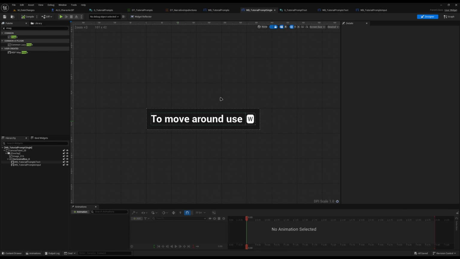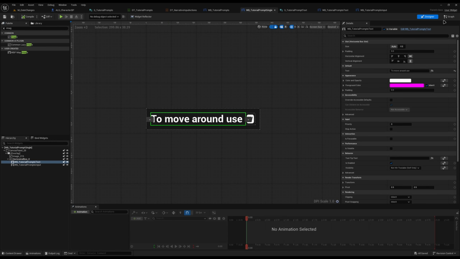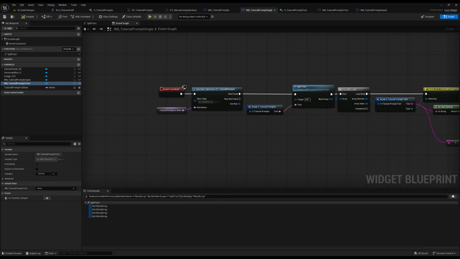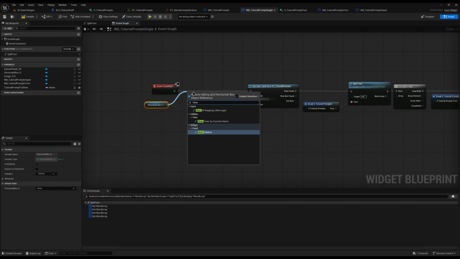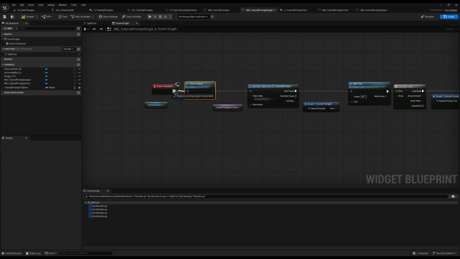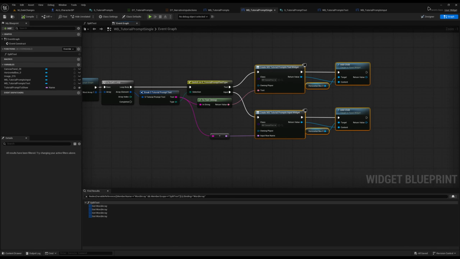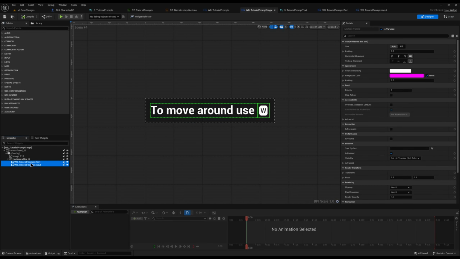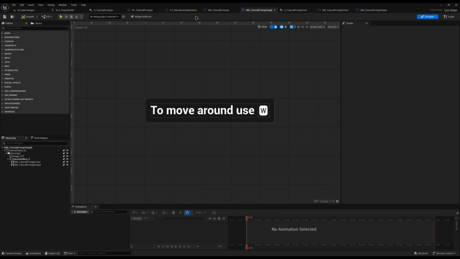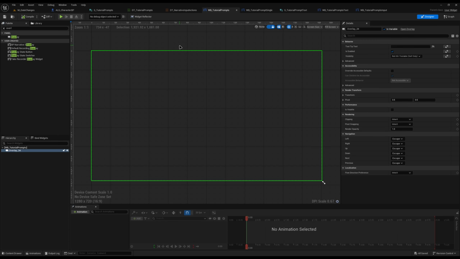One last little fix I'm going to do, because it'd be nice for us to keep that there, is in the graph, just before it starts processing it, I'm just going to get the horizontal box, and I'm going to do clear children. And this is just going to remove everything inside that horizontal box, but only when the game runs. And that means when it comes down here and creates more of it, it's not going to pile up next to this here. But it also means we can continue editing it. So now that we've built our single one, we can now move on to the tutorial prompts,